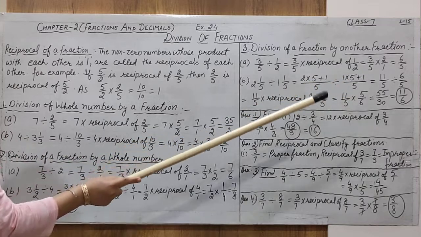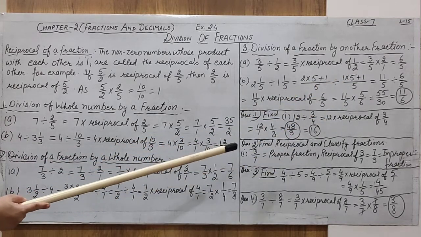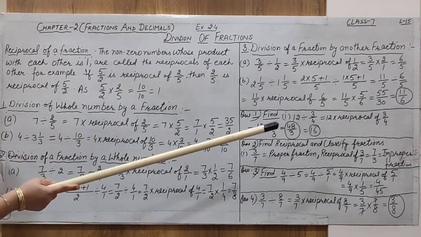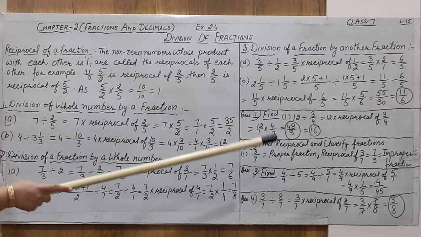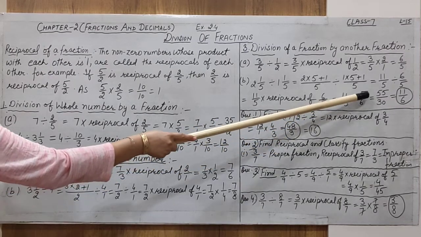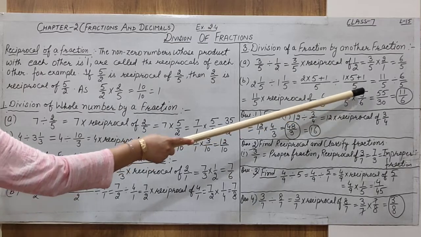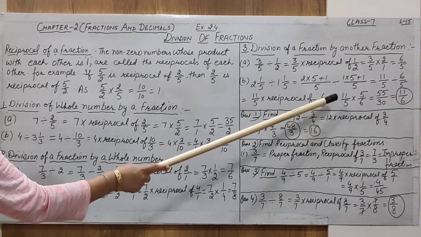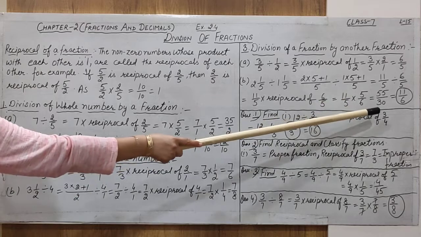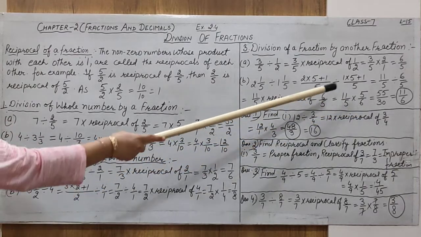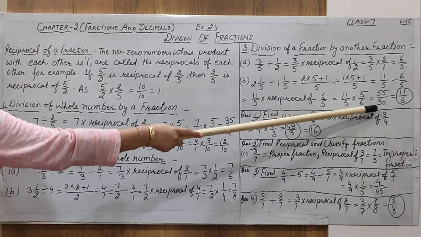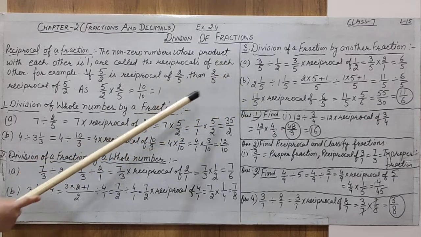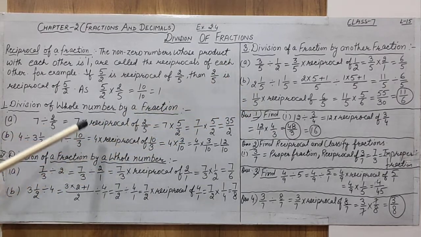Numerators are multiplied with each other, denominators are multiplied with each other. Alright, so we can find its smallest value. One more thing we can do: if the numerator and denominator have the same numbers, we can cancel them out here, so that the result is 11 by 6. Or we can use the other process, first multiply the numerators and the denominators, then find its smallest value. I hope you understand all three types of division very well.